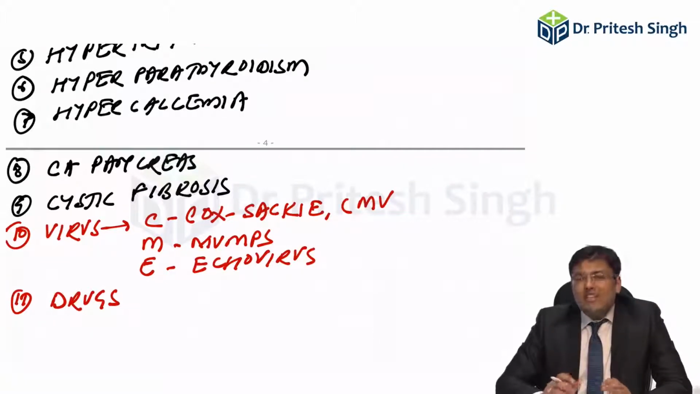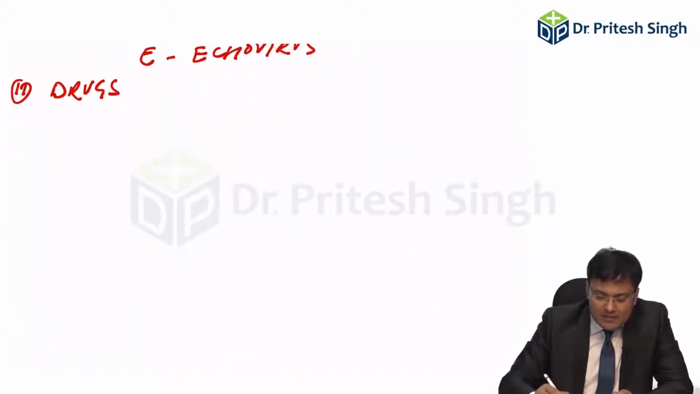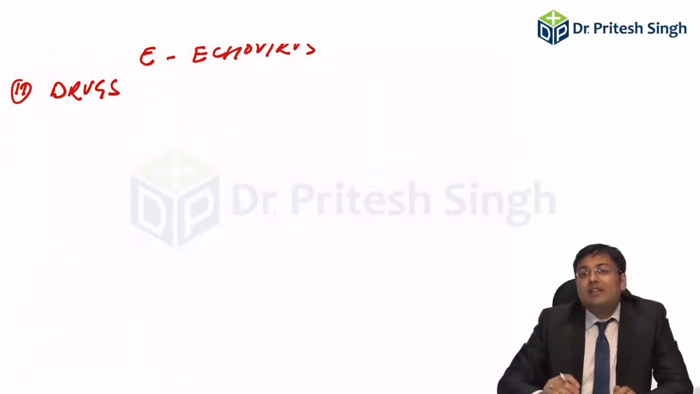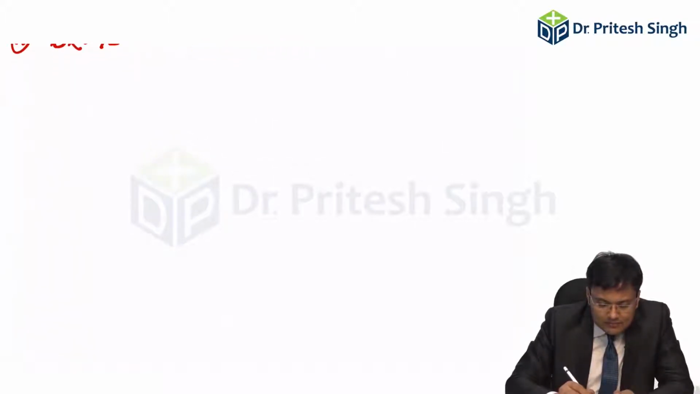There are certain drugs which lead to increased risk of acute pancreatitis. There are two lists of drugs. One, which are having definite association or definite causes, and second group is probable cause of acute pancreatitis. So see, the drugs which are definite cause of acute pancreatitis, those drugs are